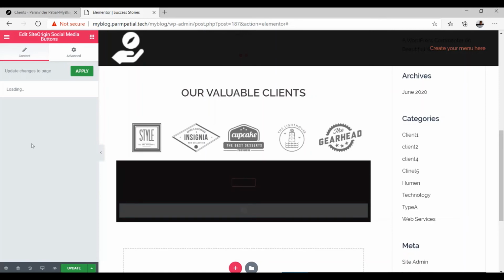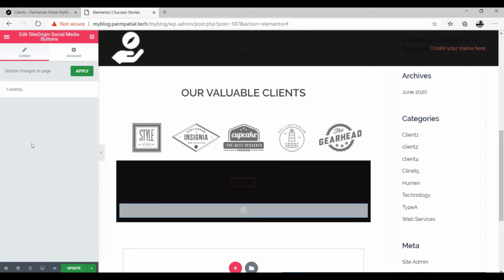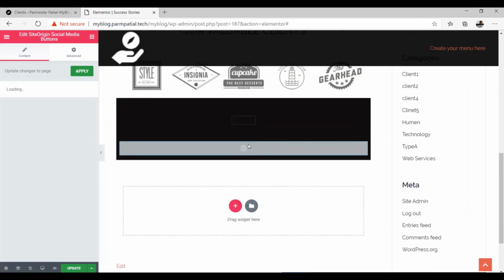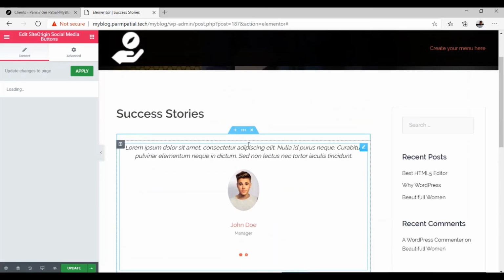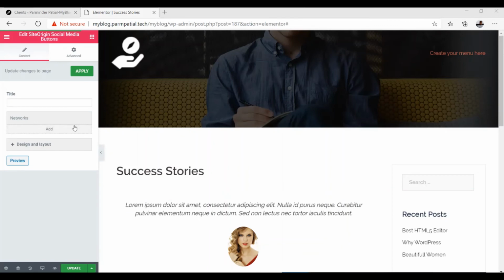It takes some time to load. So once loaded, you simply have to follow the same steps.